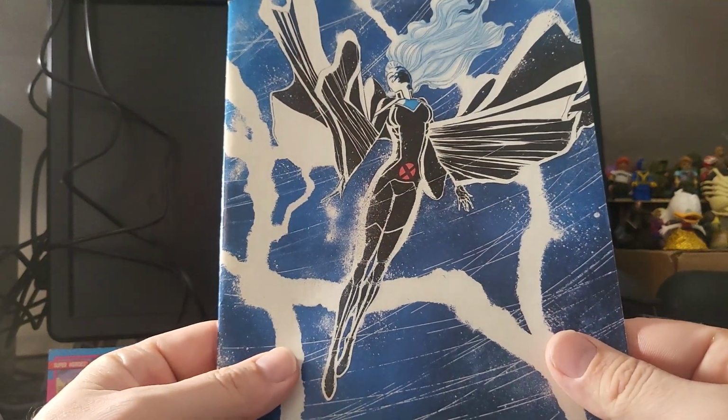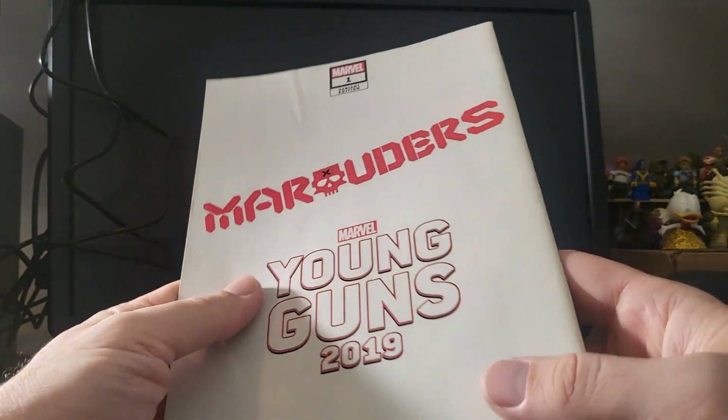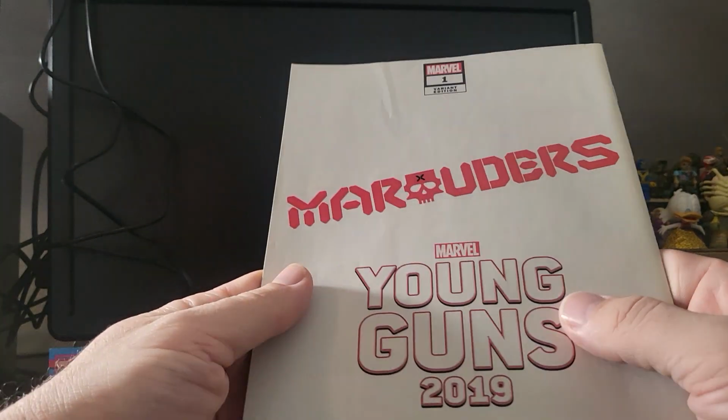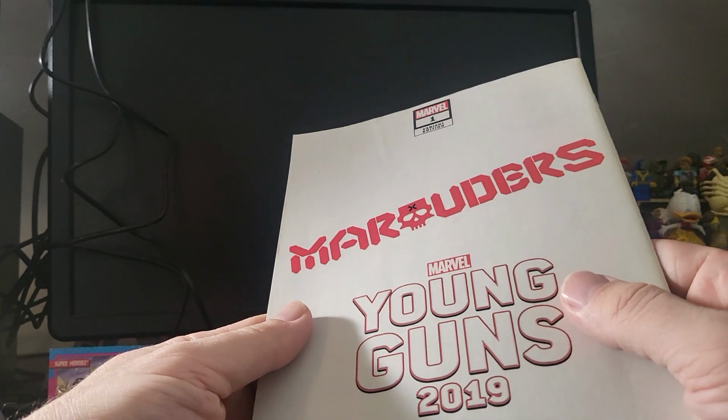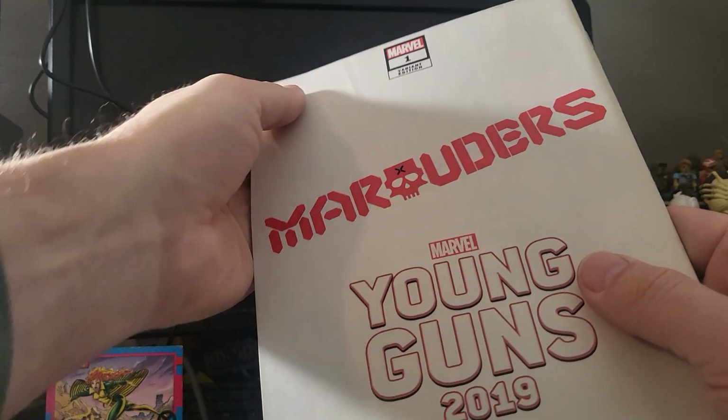So in my other video, I showed off the Marauders that I stumbled across, which is something I legitimately just wanted to read. This is Marauders Variant Edition featuring Storm. This would have been $5. There is some stuff going on up here, but